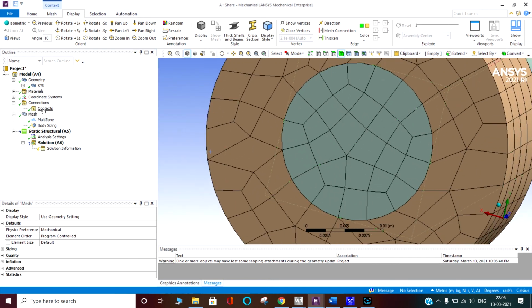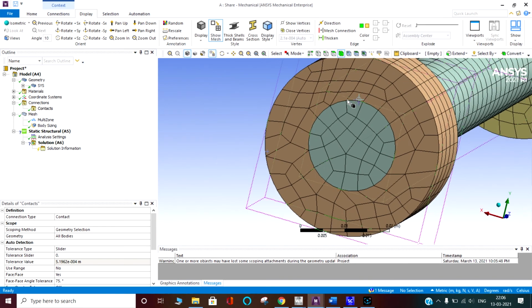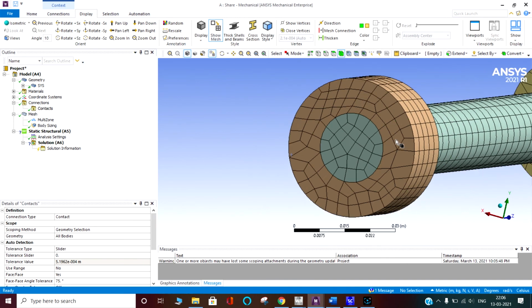Okay. And what has happened to the contact? Contact has gone. You can see contact has gone. Nothing is there in the tree, in the children of this tree, because here they have used the shared topology. These are having the common nodes.